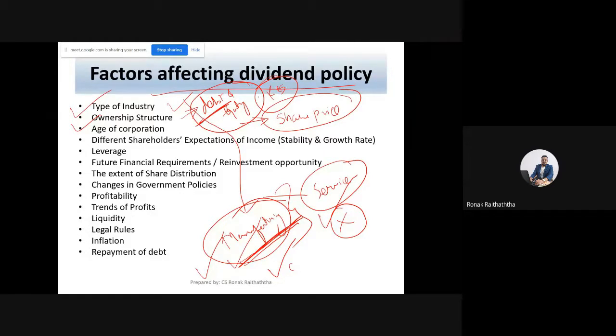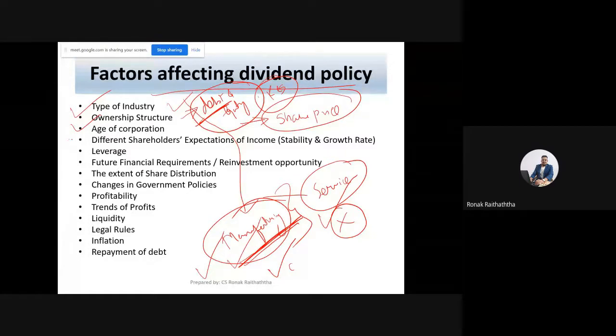So what ownership structure do you have? If you have just the equity, not much debt, that means you do not have any fixed obligation. Even if 2 to 3 years are going bad in terms of business, you won't have any fixed obligation to pay because you haven't taken a debt. So in that case, you may afford to pay the dividend to equity shareholders. So what's your debt to equity ratio? What capital structure do you have? How much debt and equity have you taken in your capital structure? That also affects your dividend decision making.